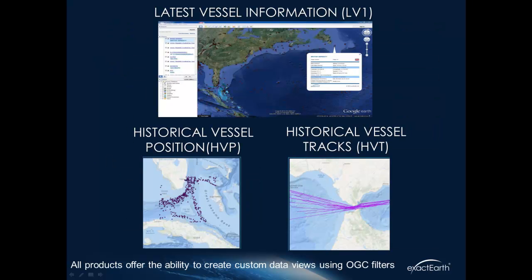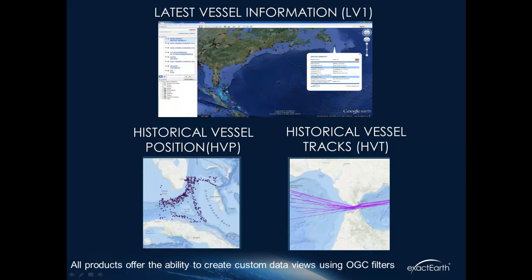So how have we structured the web services that we provide? We've really offered two core services. One is the latest vessel information, and the second is historical information, and I'll quickly walk through those. The first, latest vessel information, means we're providing a web service to allow you to pull down the latest vessel position and latest information of all the vessels in the database. We look back over a 90-day period, and the last vessel information that we have for every vessel is made available to the user.